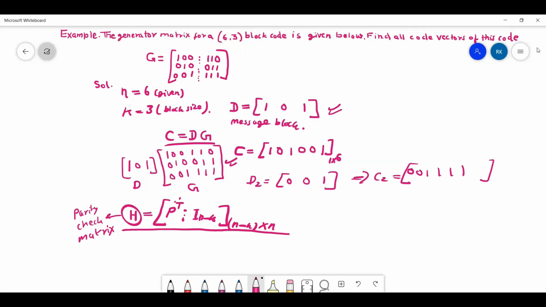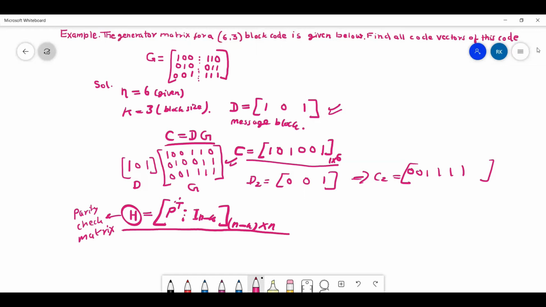Now, why do we use this parity check matrix? I have also indicated in the lecture that the parity check matrix can be used to verify whether a code word C is generated by the matrix G. How are we going to verify this? If we come across this code, we never know whether it has been generated by G or some other G. G was given to us in this problem, but if we receive this code, we are not in a position to know whether it is indeed generated by G.